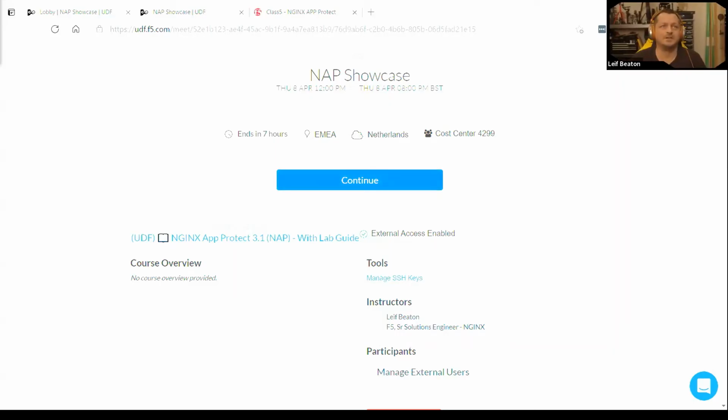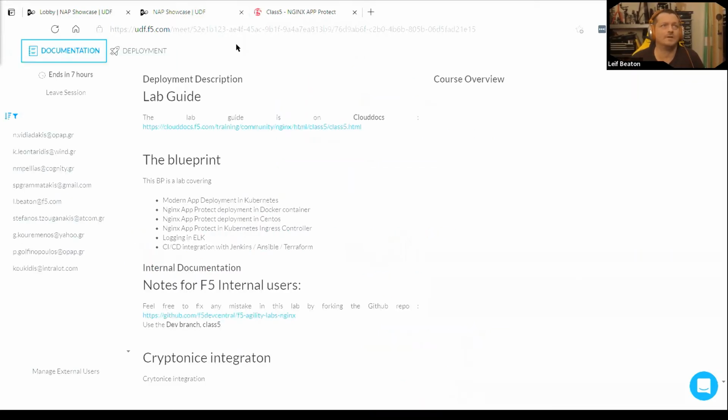This button may say join or continue if you've already joined. There's a slight waiting period after we've kicked off the environments. So I suggest we start by doing that, and I'll go ahead and introduce and explain the workshop a little better once we've done that. So start by, if you haven't already done so, click the continue or join button, which should lead you to a page that looks very similar to this. The first thing you can do on this is to right-click on the lab guide and choose open in new tab.